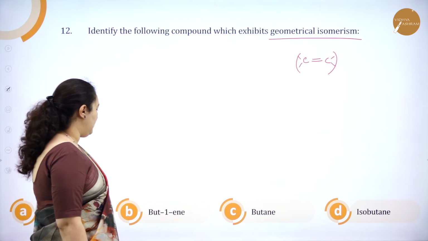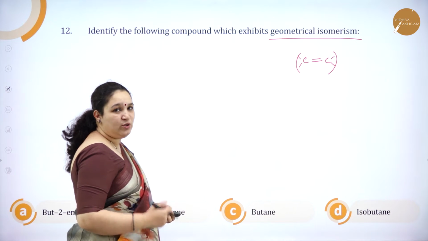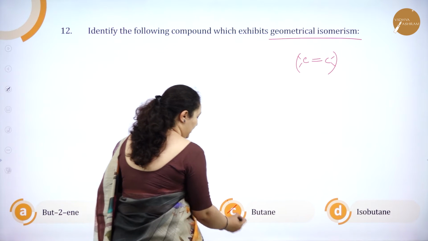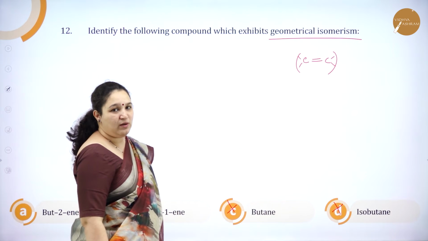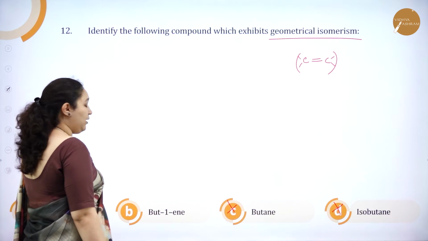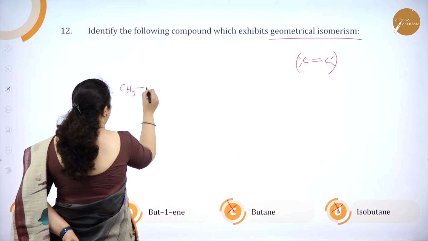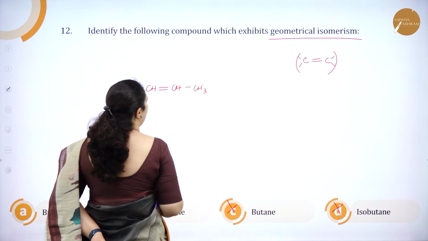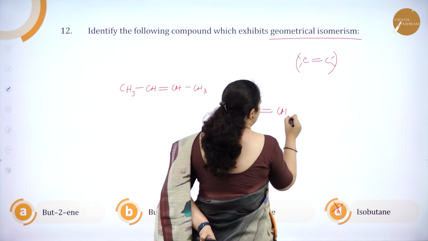Butane and isobutane, but-2-ene and but-1-ene. I told you it needs a carbon-carbon double bond. So obviously option C and option D are ruled out because they are saturated hydrocarbons. There is no double bond over there. So it has to be either A or B. I'll write the structure of both. I have CH3, CH double bond CH, CH3. This is but-2-ene, and I have CH2 double bond CH,